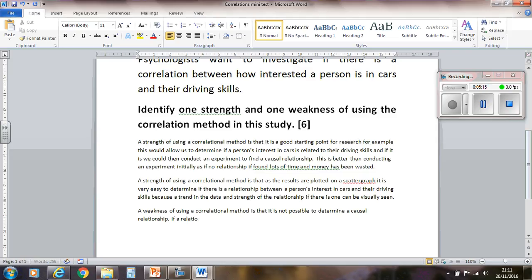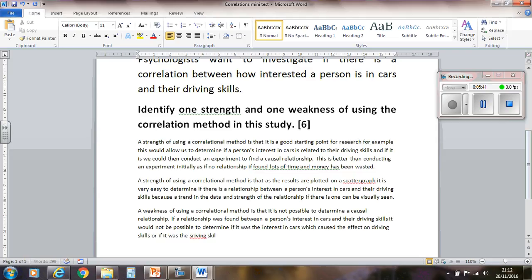If a relationship was found between a person's interest in cars and their driving skills, it would not be possible to determine if it was the interest in cars which caused the effect on driving skills, or if it was the driving skills that determined the interest in cars,